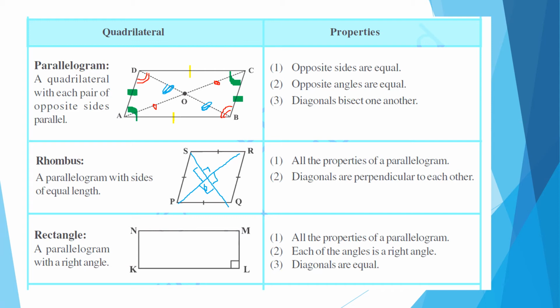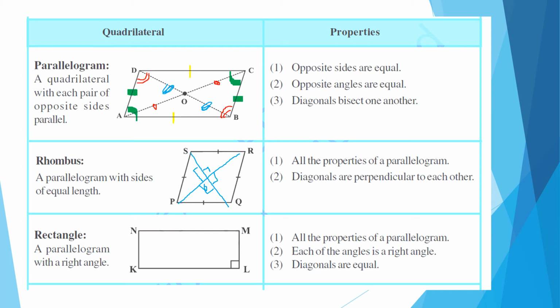Then moving ahead to rectangle, this rectangle you are studying from many classes. So a rectangle is basically a type of parallelogram with a right angle. If we study the various properties in detail, it has all angles 90 degrees. One property is opposite sides are equal. That's what you have studied from previous classes. Now the new property is diagonals of a rectangle are equal.